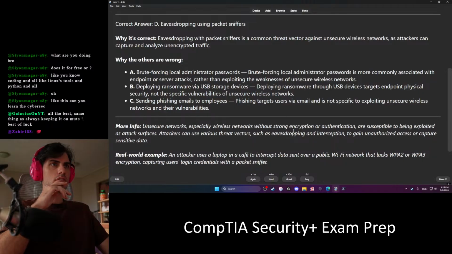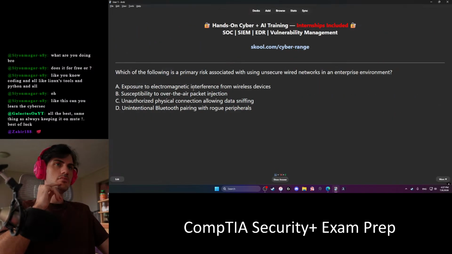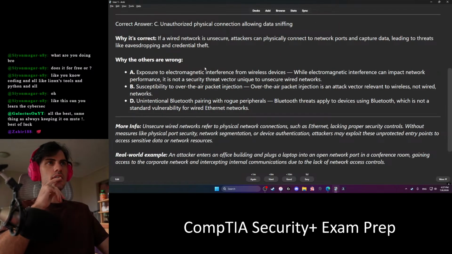D. Unsecure wired networks. B. I think B. C. Oh, it was wired. Oops.